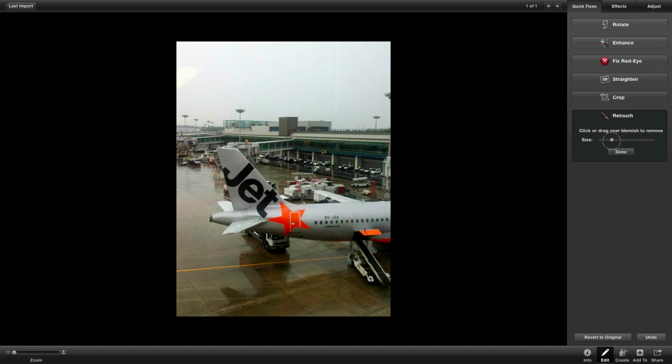The Retouch button is a great function. Once you click on it, you're able to adjust the size of the brush. Let me show you how this function works. Let's say I want to get rid of the plane model number. Making sure the proper brush size is used, I just have to brush over the numbers. Then the numbers will magically disappear. Although you may see some minor flaws when zoomed in,